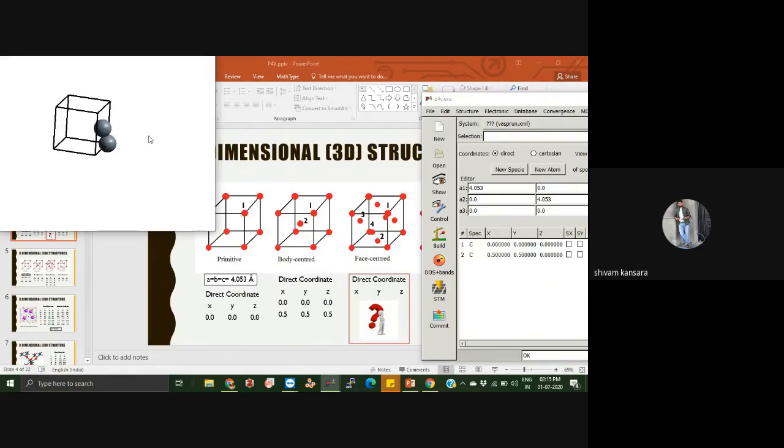If this is only the first face, which one is x? If you want to take another face center, new atom, zero point 0.5. This is below, like the z dimension. So this is another face center cubic, again new atom and zero point 0.5 and zero point 0.5. So this is in the third. So in x, y, z, in all the planes have their own atom. This is called face center cubic.